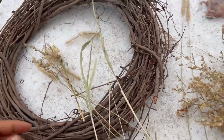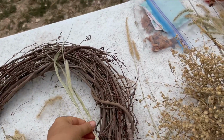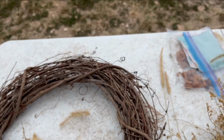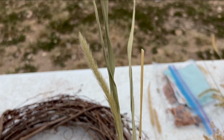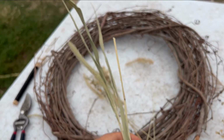Okay, all right, so I can take this one and put it side by side with that, and it just makes a fuller stem, and then I don't even need this bottom part. So I can fold it around, and sometimes it's okay to leave it up there like that. Like this, it just looks like another part of the wreath,